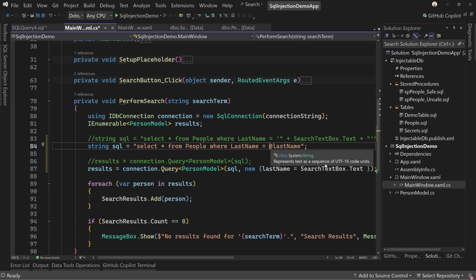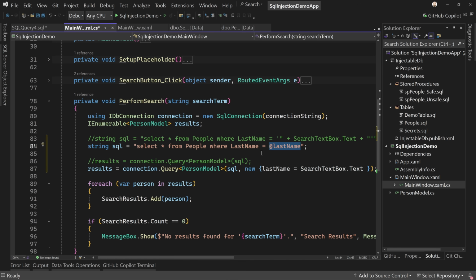The way parameterization works is it's going to make sure that whatever you put into this text, it's only ever going to be treated as one text block. So it doesn't matter what you try to inject and comment out and all the rest, it's still going to treat it just as a text block. Therefore, it's going to be last name equals whatever you type into that box. There's not going to be an "and" something else at the end. So this is going to protect you against a lot of different types of SQL injection by just